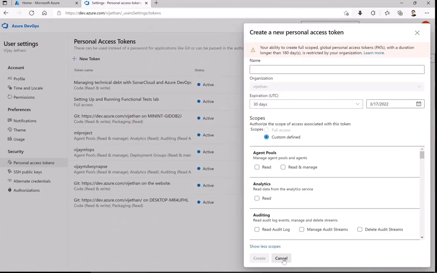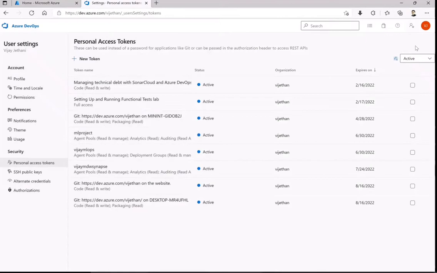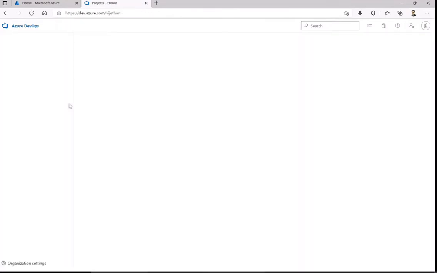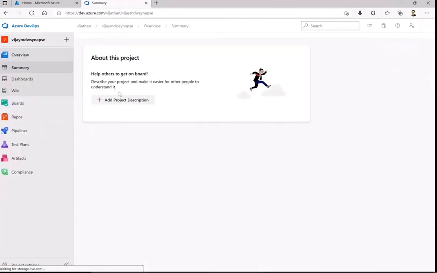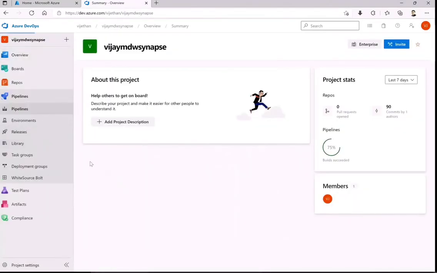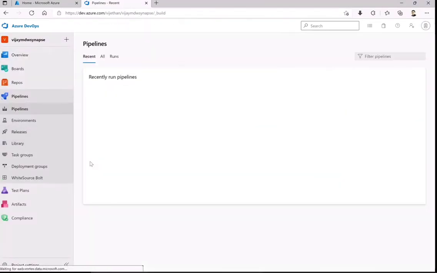So you call that a DevOps token and refer to it in the script as a variable, as a secret. Then provide that to the script once it runs. So let us do that now from the pipeline perspective, so that we all can see this at runtime. Let me run that particular pipeline.